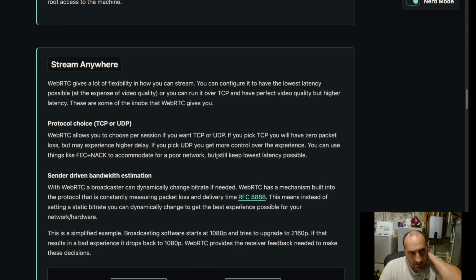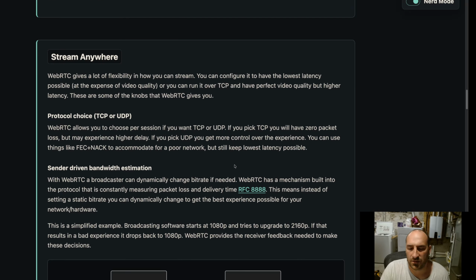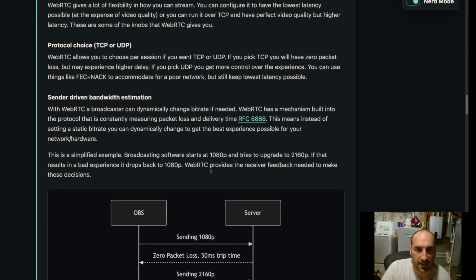This is a little more of a technical section, but it excites me because I always liked WebRTC because it would let me stream into networks where it wasn't possible before. The existing protocols are really great if you're streaming from a powerful machine that has a lot of network. But what if you want to do something like IRL streaming, or what if you want to stream from a robot or these other places that just won't have a powerful, stable network?